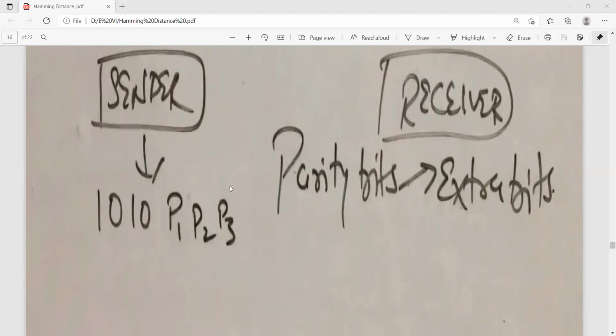Therefore, the total becomes 7 bits of data. It is called a Hamming code. The positions of the bits are 2 power 0, the first bit, 2 power 1, the second bit, and 2 to the power of 2, the 4th bit position, which is the 3rd parity bit position.